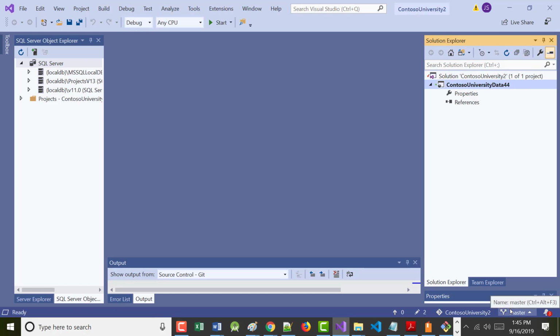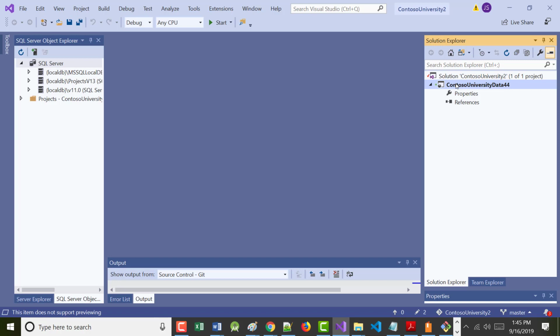Notice that when you create this, it sure doesn't have much stuff in it. It has a properties. It does have quite a few references. I thought it did. Maybe it has nothing. All right, then that's fine. Did everybody get this on their system? Because I already have a ContosoUniversity data, and I think I have a 2 and a 3, but I don't remember, so I just put a 44 in there because I know I don't have anything that big. That's the only reason.